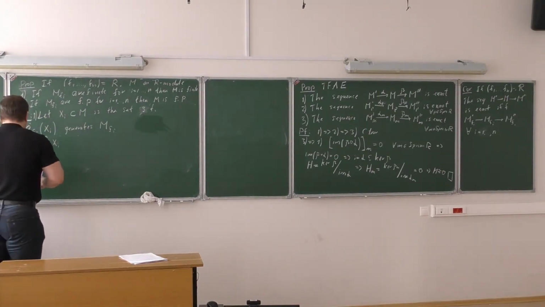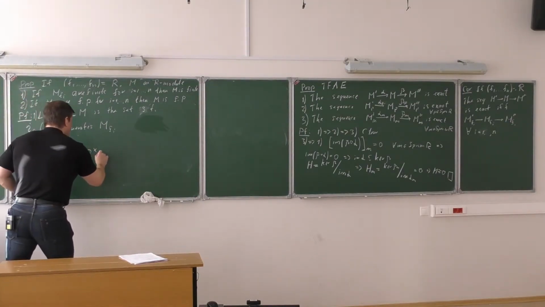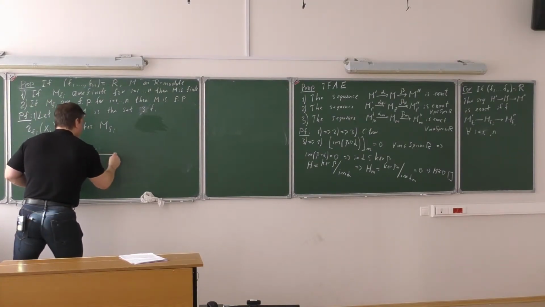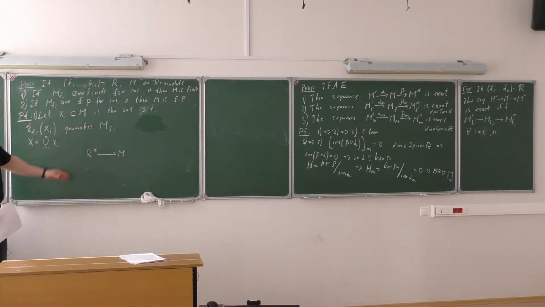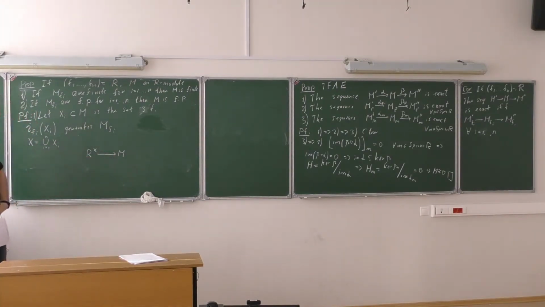And then you have a short exact sequence as usual. You have R^X. Now, clearly, first of all, you have a map like this. That's a bunch of elements. If you have any set of elements in the module, you can construct the corresponding free module and get a map like this. Now, I claim that this map is surjective. And the map is surjective because it is surjective if you localize at any of these f_i's.